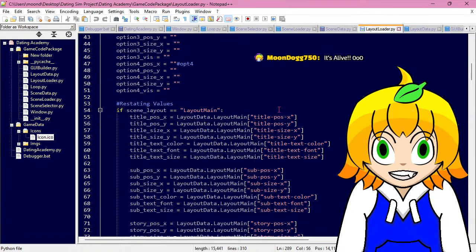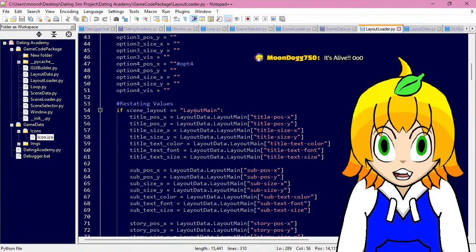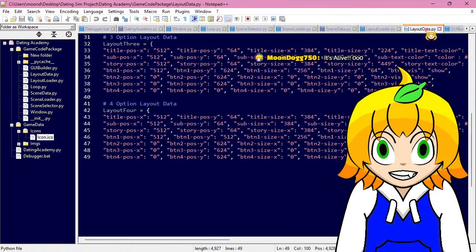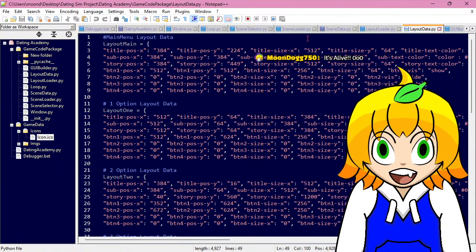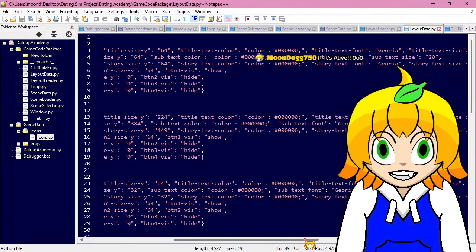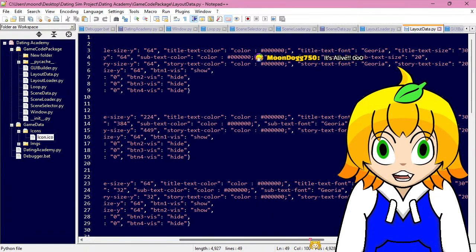So we load the layout main. We pull all this data from another dictionary. This one's the layout data, and we pull out the layout main dictionary, and this is where we get the title position X, Y, title size X and Y, title color, title font, title text size,